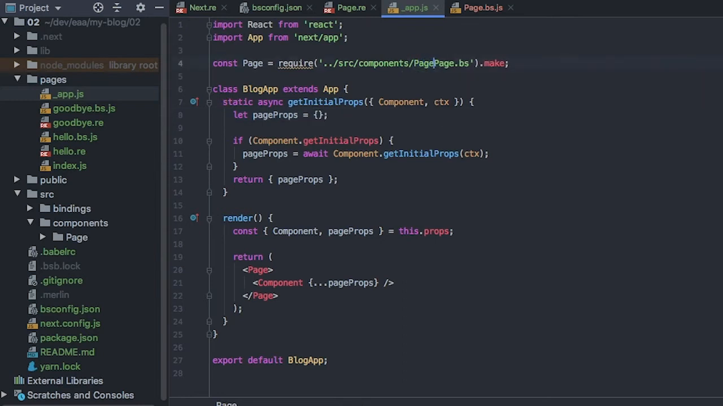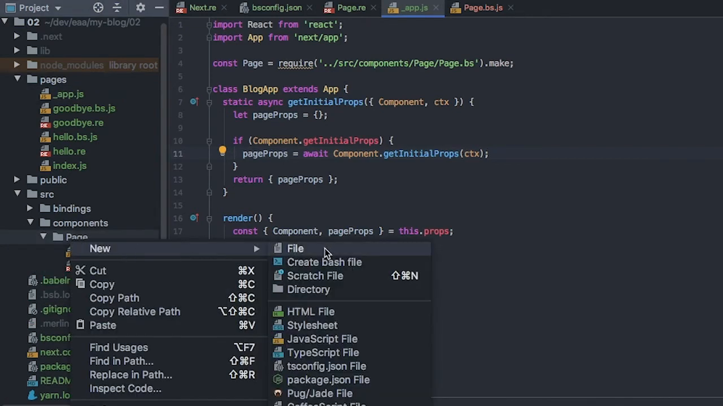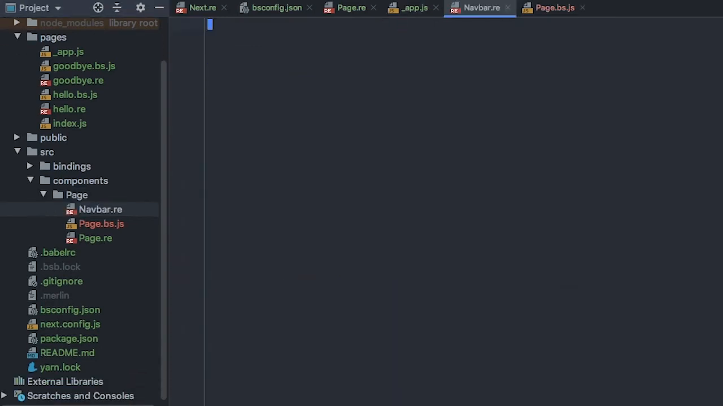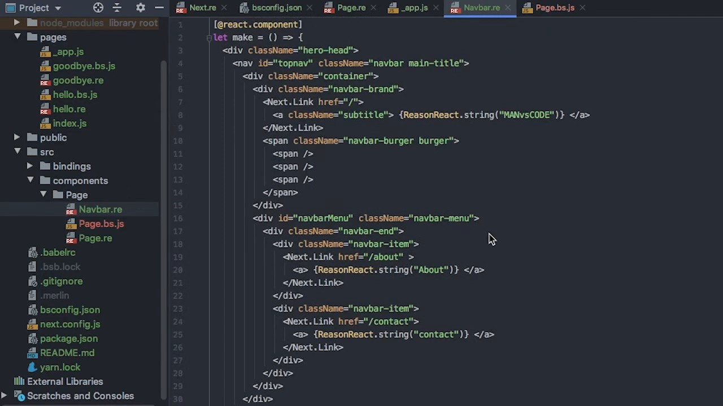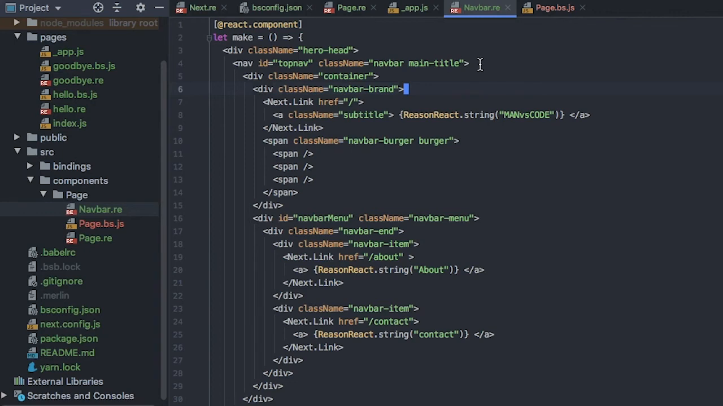Otherwise that will throw an error. Okay, so that's now pointing to the right place. So in here, let's create a new file. We'll call it navbar.re. And this is the HTML that I've taken from the Bulma website with some modifications. So I've just made a React component and I'm outputting this with this HTML JSX with some Bulma styling incorporated